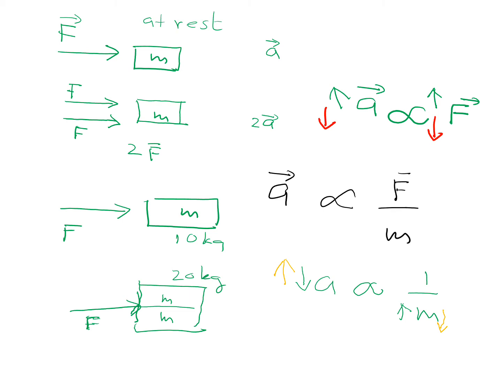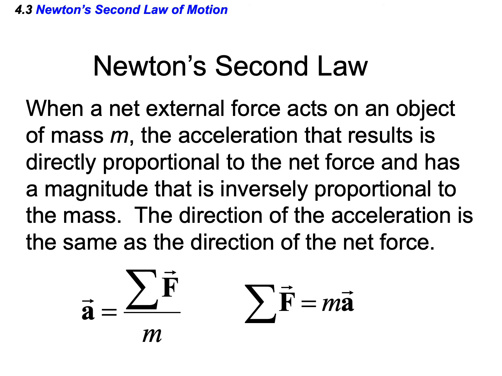Actually, this is Newton's second law of motion. You don't need to memorize how to derive it. So this is the second law of motion: acceleration is equal to net force divided by mass. Or you can rearrange this equation and write net force, which is a vector,